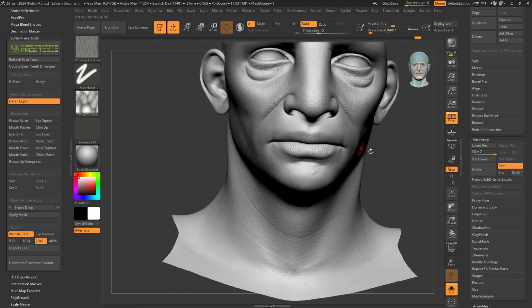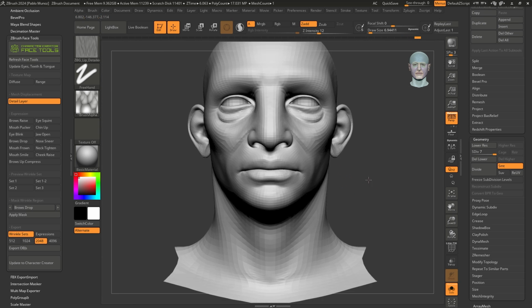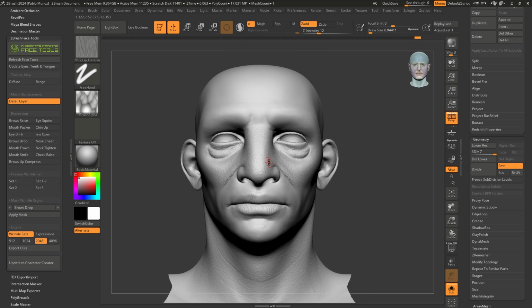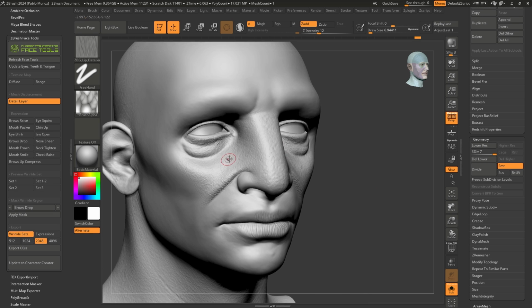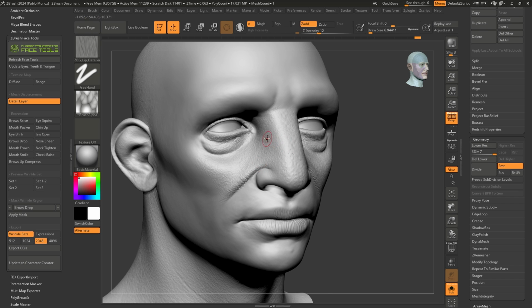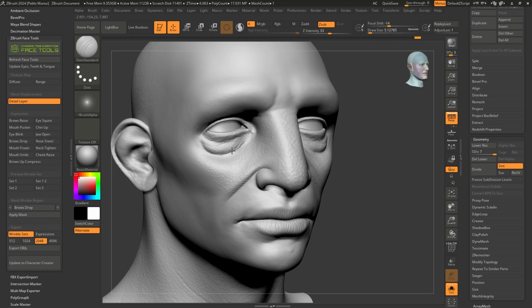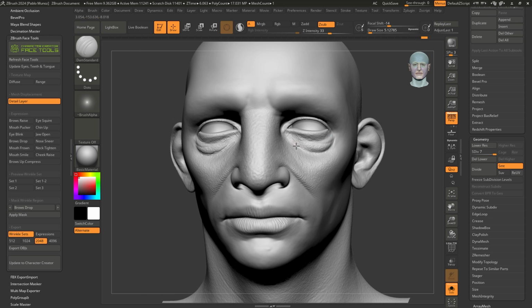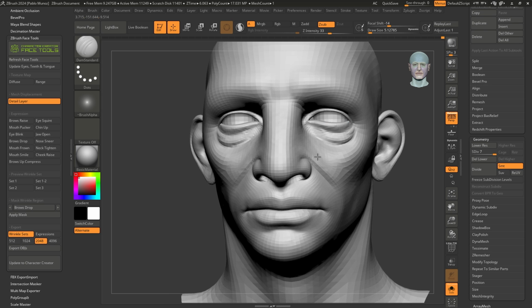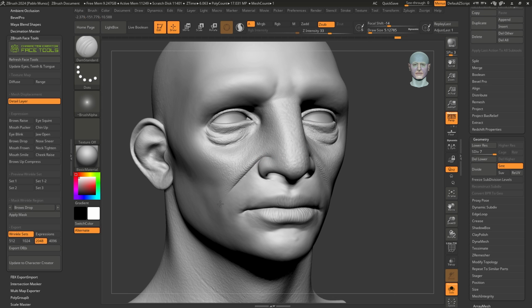All right. Again, this is something that I've done very, very quickly, but as you can see, you can totally generate these details in any way you want to. I'm going to use more of a default brush, like the damp standard brush, to really sharpen some of these lines. And again, I'm doing this very quickly, but I just want to show you how all of this that I'm doing is translated, or will be translated, as a high fidelity normal map into CC4 once we send it. So I'm just going to sharpen these ones up.